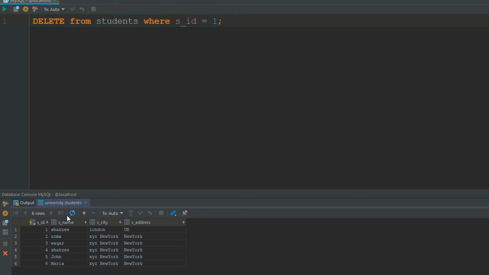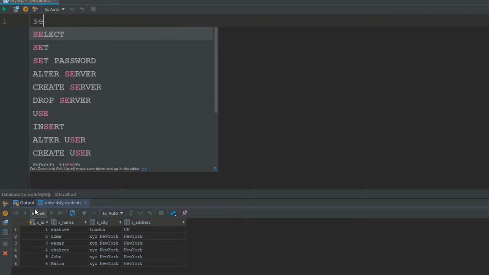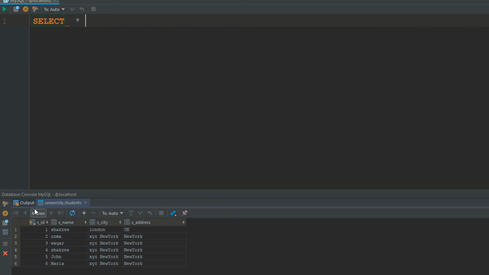So as you know, you have one ID, this one. So I'm going to delete this row. Make sure you always delete the row. You cannot delete the column. Now I'm saying control enter, so execute your query. I'm saying select star from students, control enter. So now as you can see, you have just deleted the record.